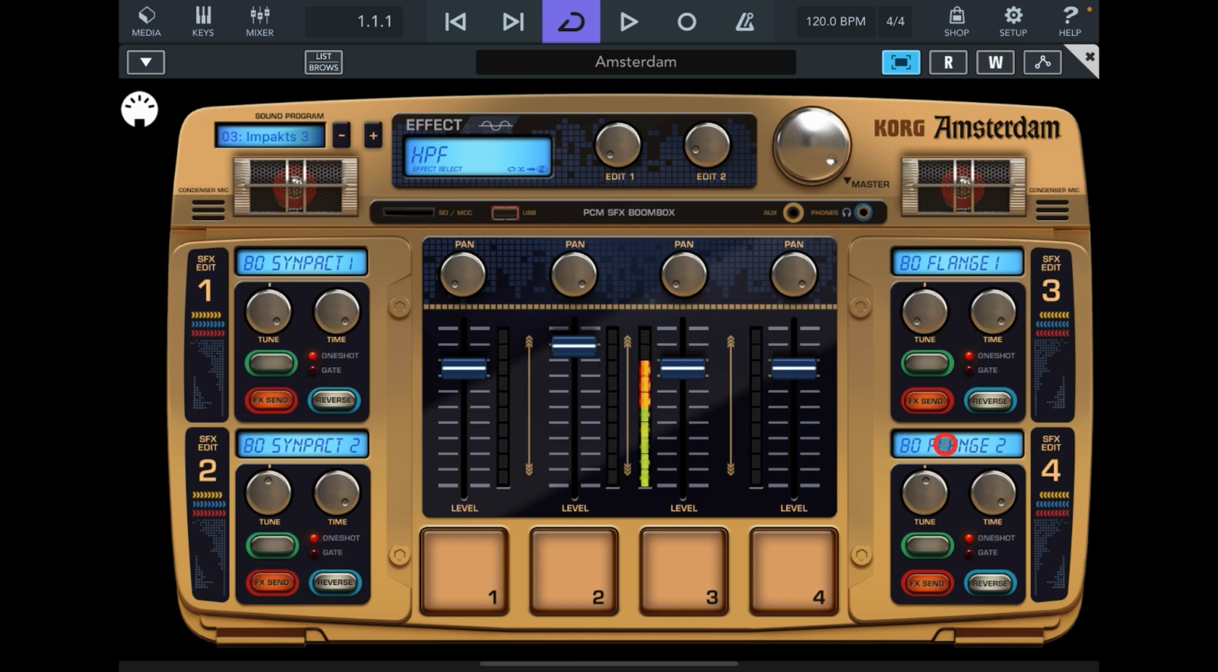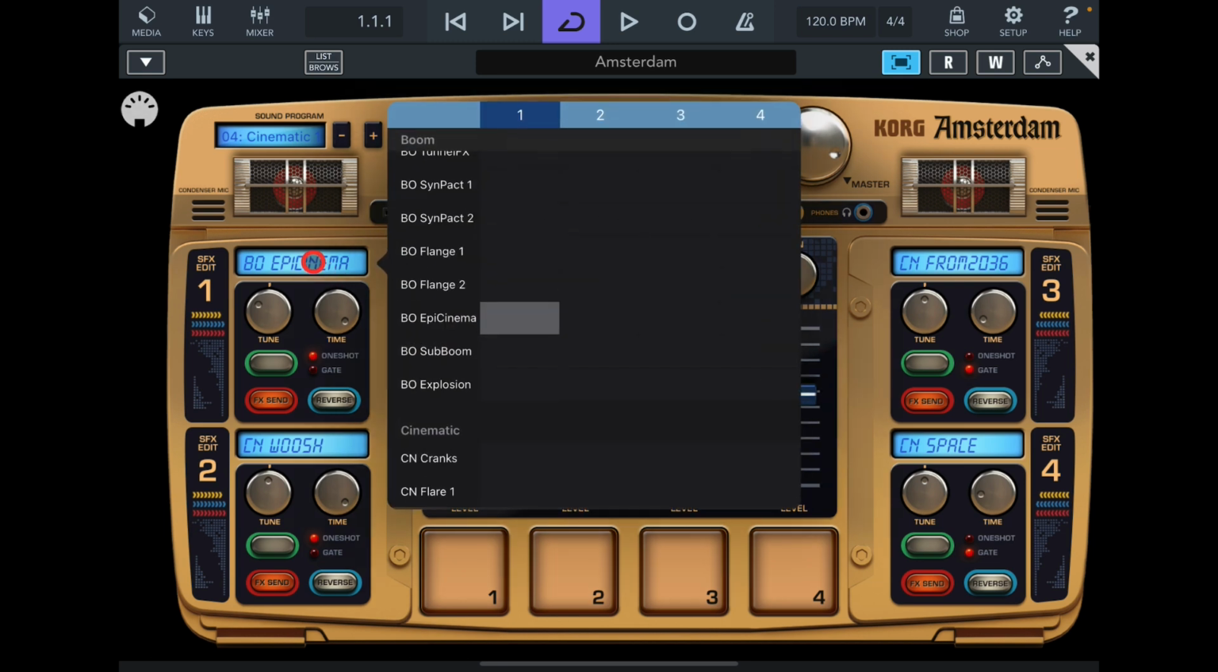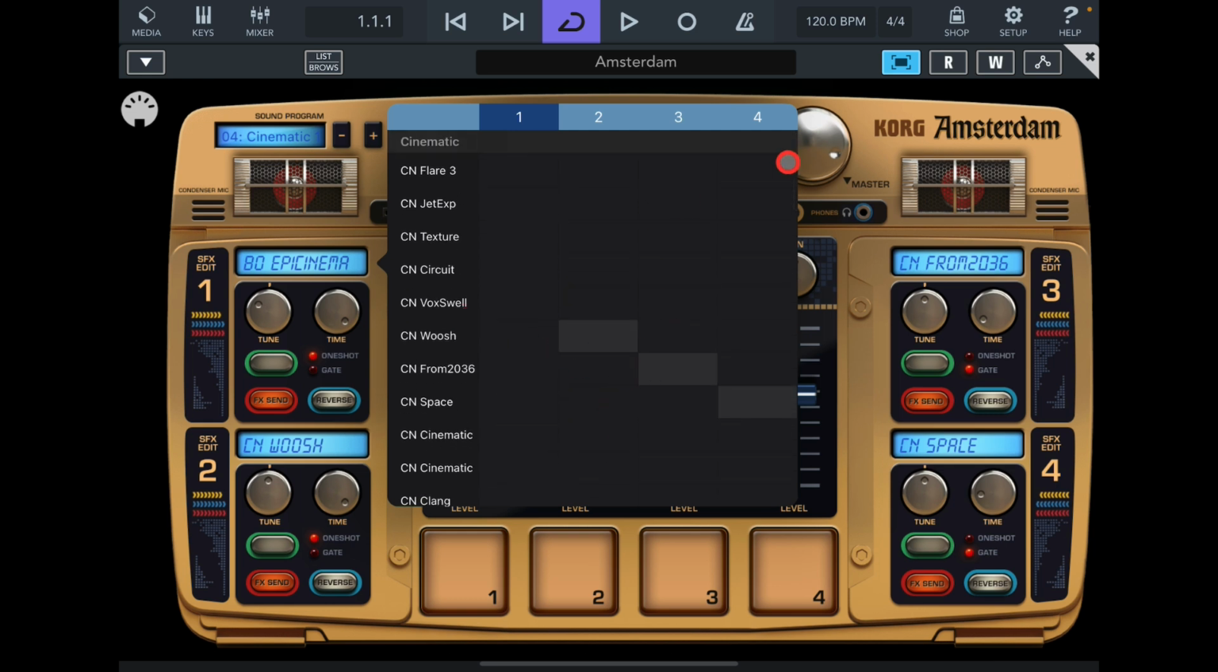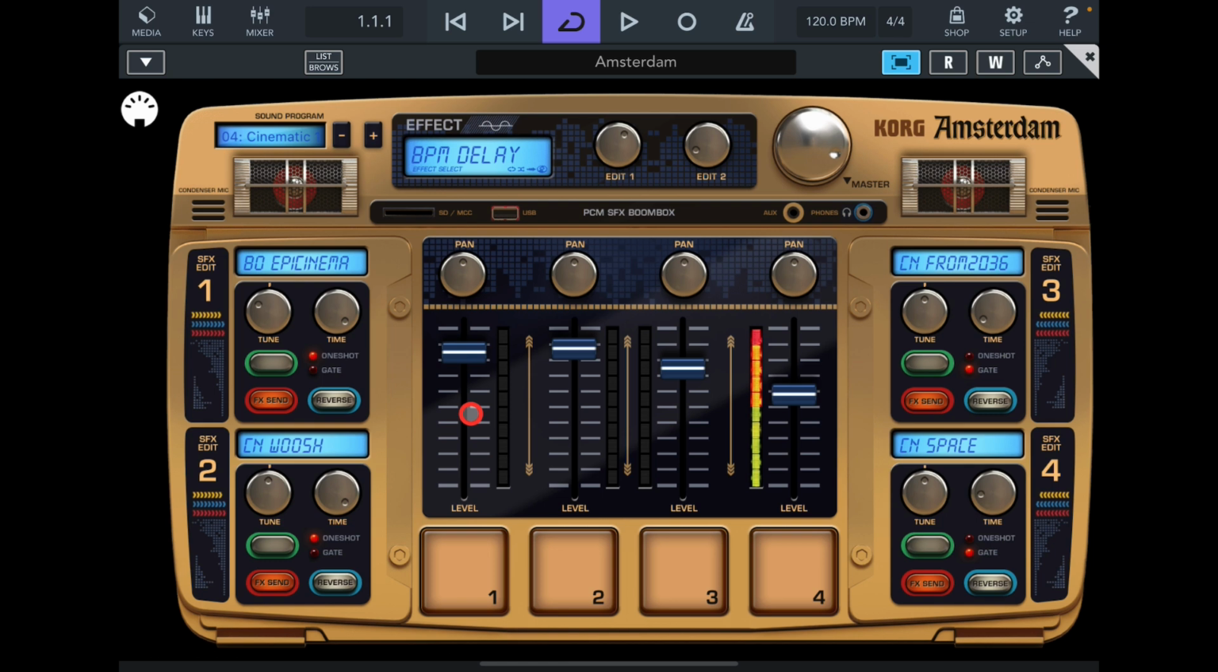We could choose any of these to swap out. Let's choose another preset. Oh, so here's one called Cinematic. So you can go in and check out what's going on in each of the preset slots. So you can see, for example, on number 4 is this CN space, and it's represented there. It's dead easy. You just change out the patch here. So for example,